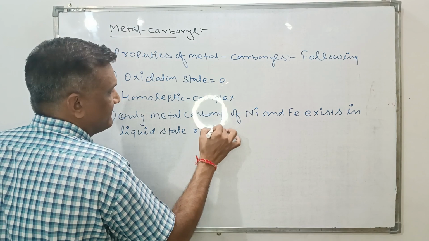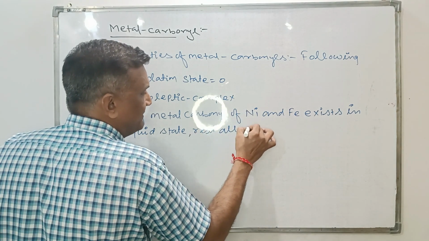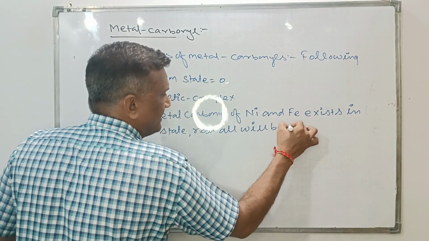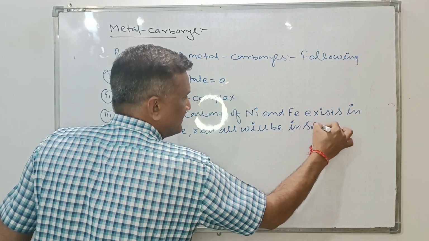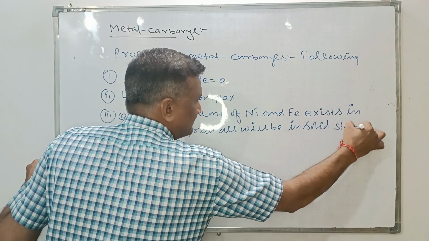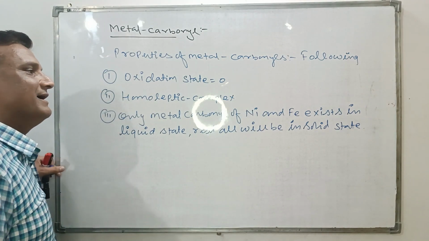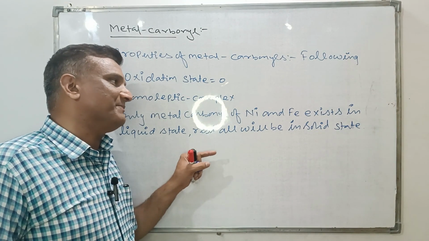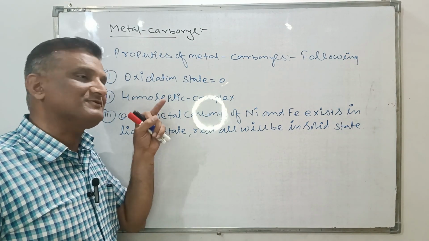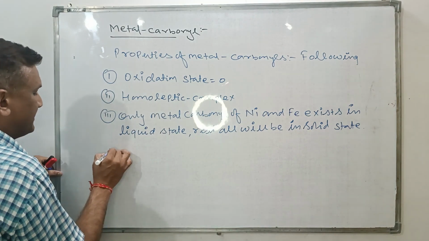Rest all will be in solid state. केवल और केवल निकल और आयरन के कार्बोनाइल कंपाउंड अपने आप में लिक्विड स्टेट में होंगे, बाकी सब सॉलिड होंगे. थर्ड प्रॉपर्टी